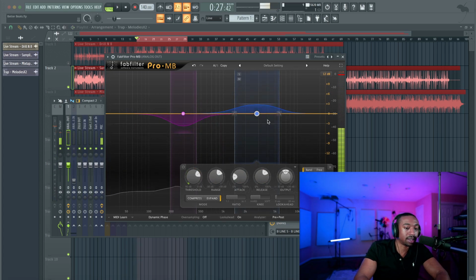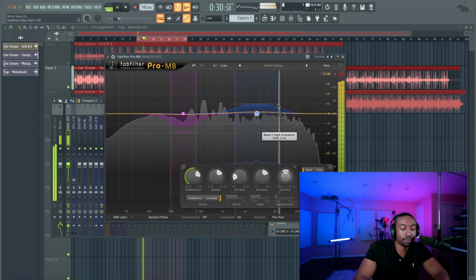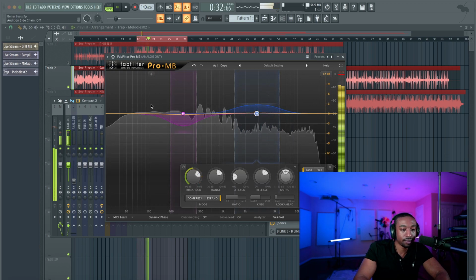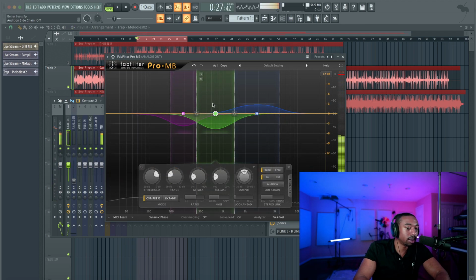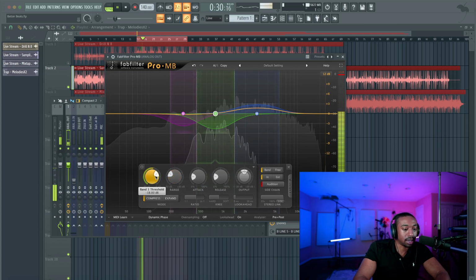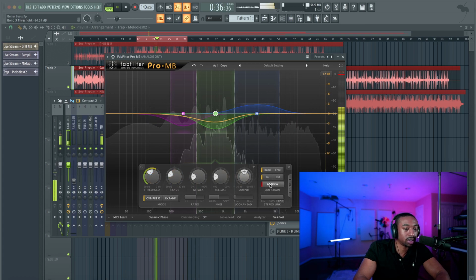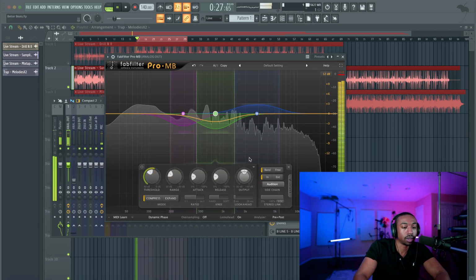So every time the snare hits, it's going to pull up the volume a little bit. And again, you can make this only mid or only side. Let's switch it to mid only just to emphasize mid side. Now let's make another band. Now I'm just getting fancy here. Let's switch this to stereo and try to find a zone that we just want to take care of. Let's pull this down. Keep that under control. It just makes it more linear and feels more smooth.